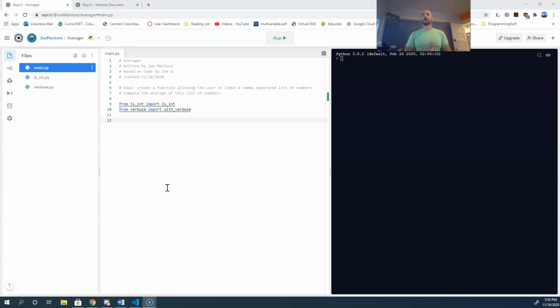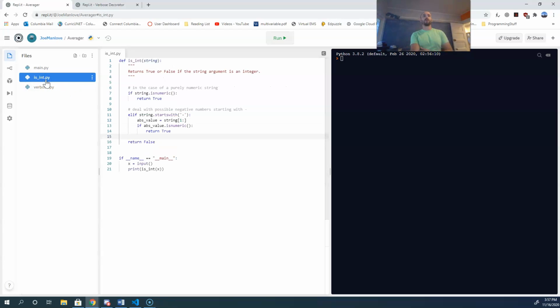So our goal is to write a function that averages a list of numbers that the user puts in. The user is not going to put in a Python type list, right? They're going to enter some comma separated values. So that's my goal. And to that end, I've imported a couple of things. I went looking around in previous code, and I